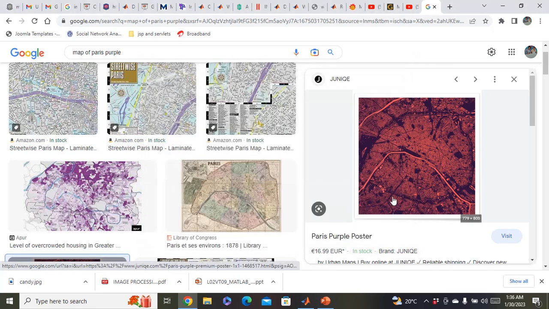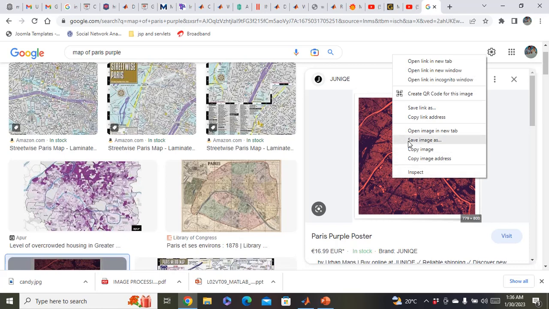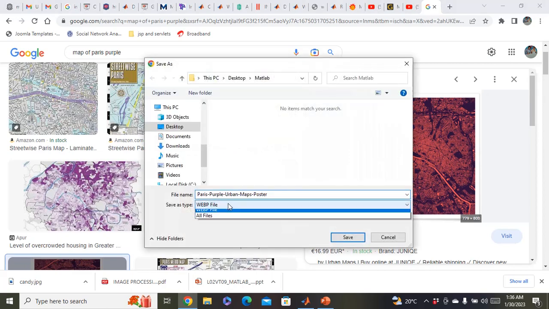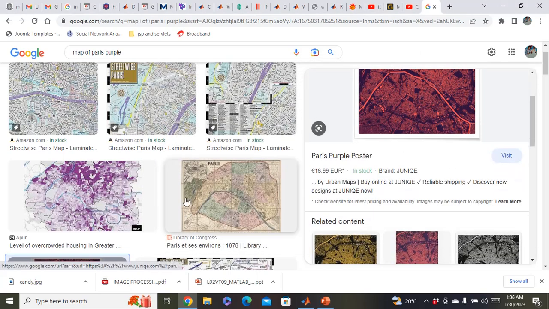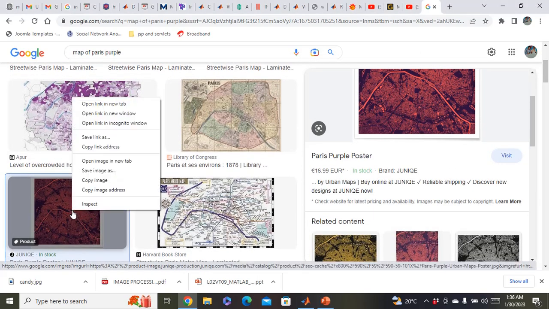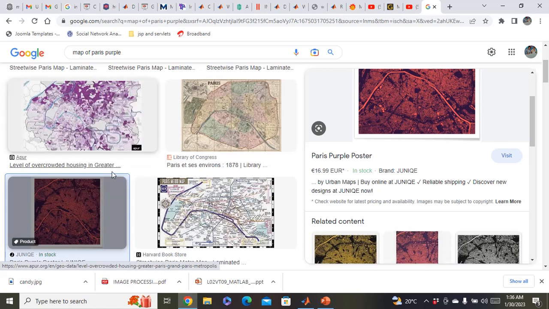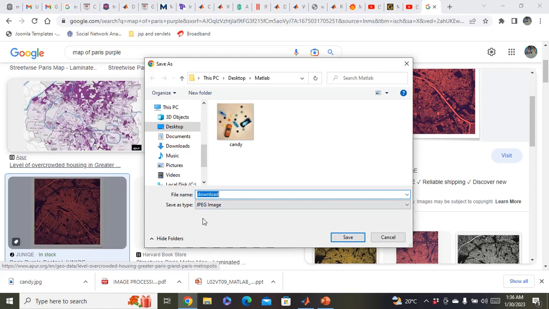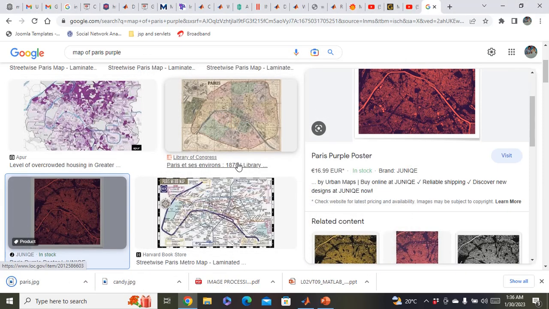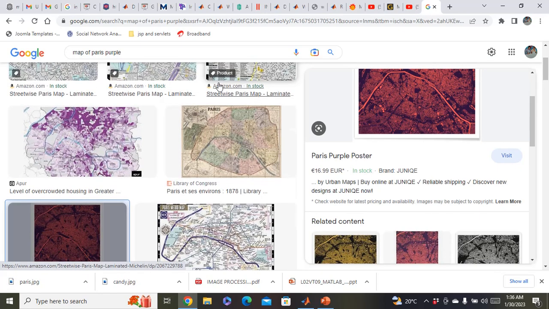Okay, so I think I need to save it as, save image as. See this, save image as. Okay, this brings it. I call it Paris. I save this image. I also want a second image I want to play with,